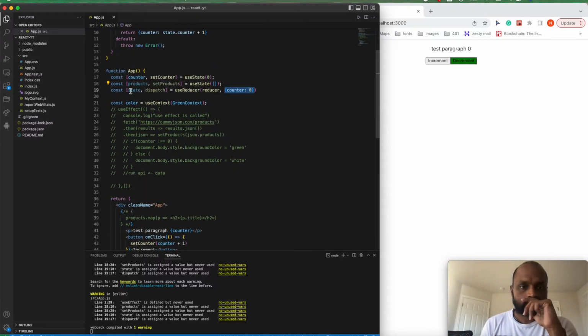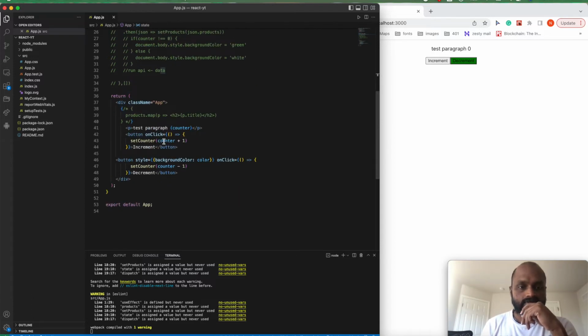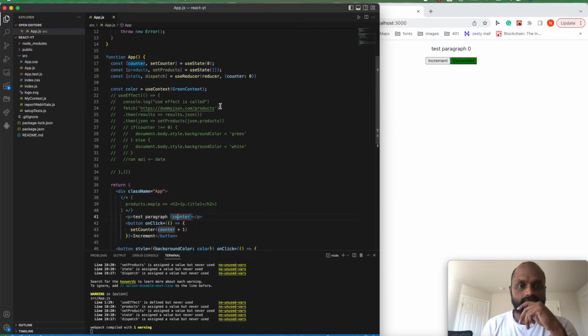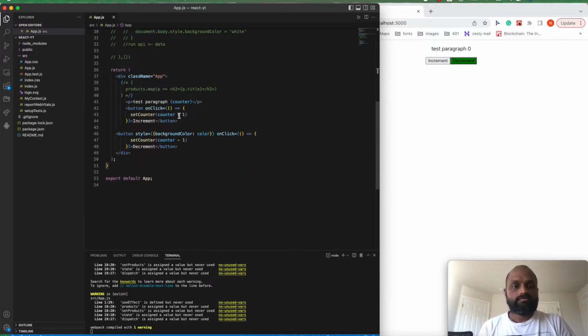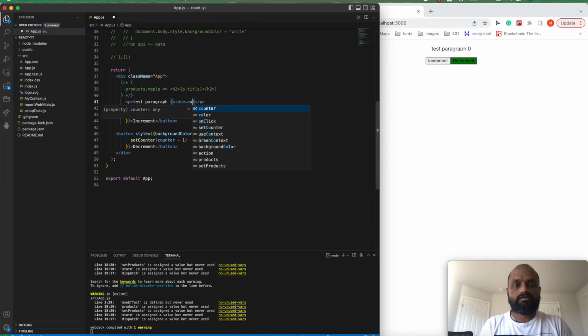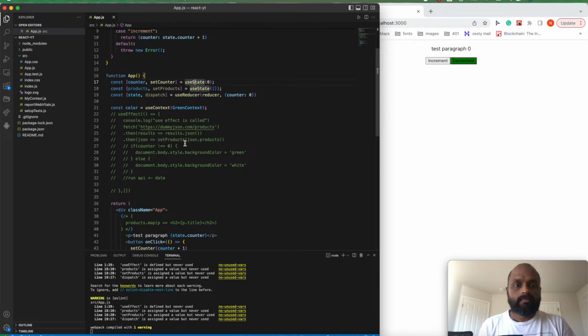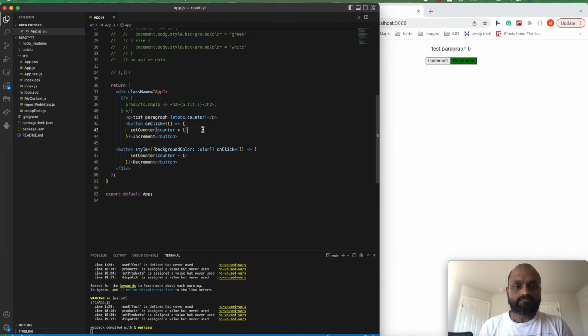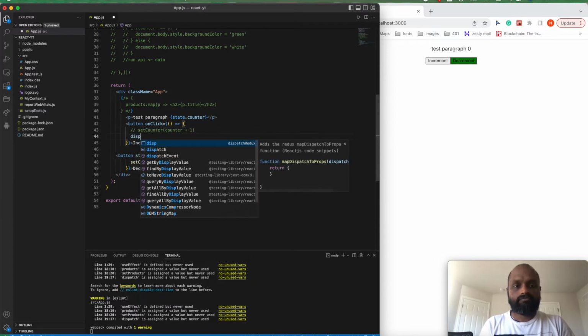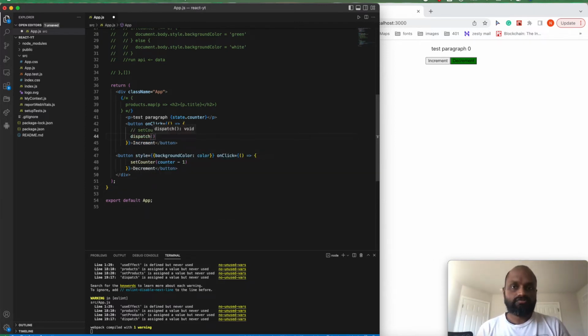And then let's see how we can use this state instead of the component state here. Currently we are using the component state counter, which is coming from our component state. So let's remove that and call this state.counter. And then when we click, we're calling the setCounter function, which is again coming from useState. Instead, let's call dispatch here. Let's comment that out and then dispatch. What are we going to dispatch? We're going to dispatch the type of action. So it would be an object, and the type would be